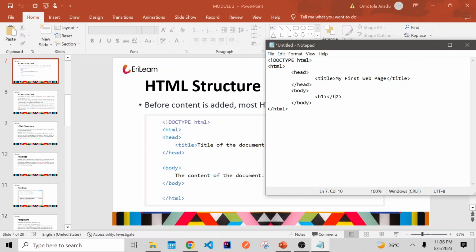Later, we're going to look at self-closing tags. Okay, so in the heading, you can just put hello world. Okay, and then if you save this,